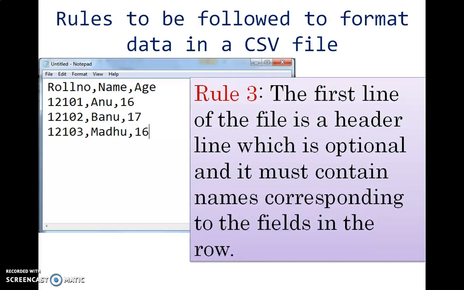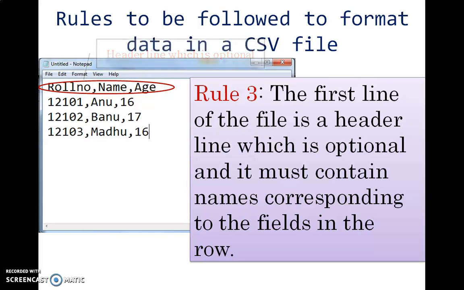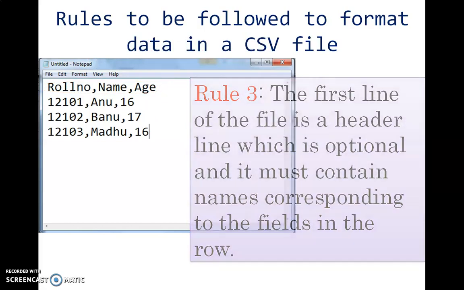The first line of the file is a header line which is optional and it must contain names corresponding to the fields in the row. The first line, roll number, name, age, is a header line and it is optional. Also, the field names in the header line must be relevant to the values in the successive lines.